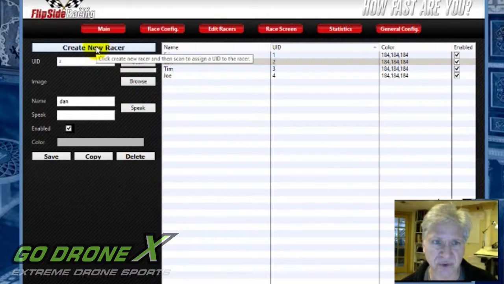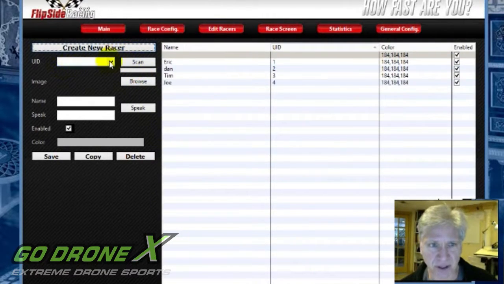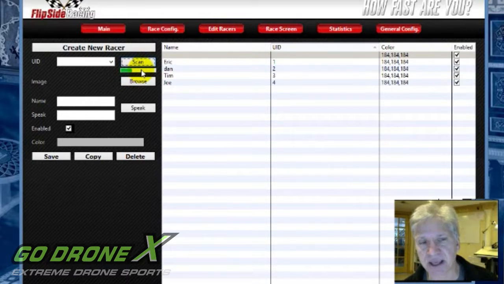Mostly what you'll do when you create a new racer is you won't enter their UID, you'll scan their UID. So when you push this button, there's a little timer here and you can scan it. I keep a sensor right next to my laptop, so I can scan people's UID numbers in right then and there. So when they come to check in, if they're not already in my driver database, I basically scan them,